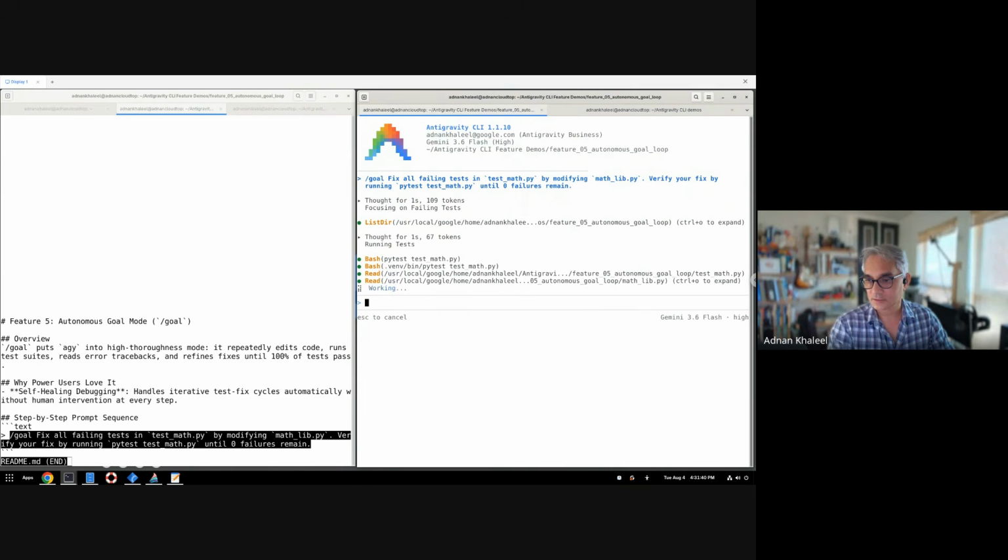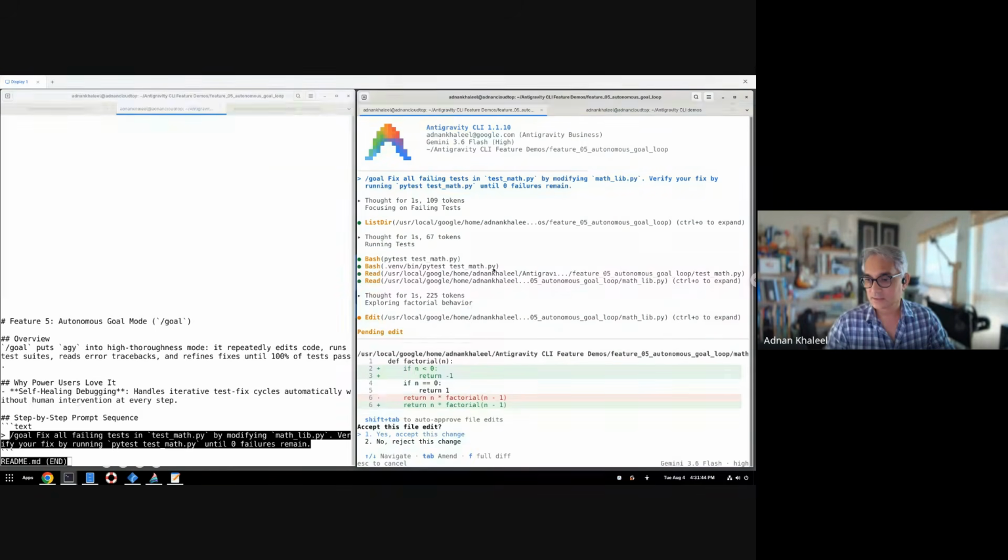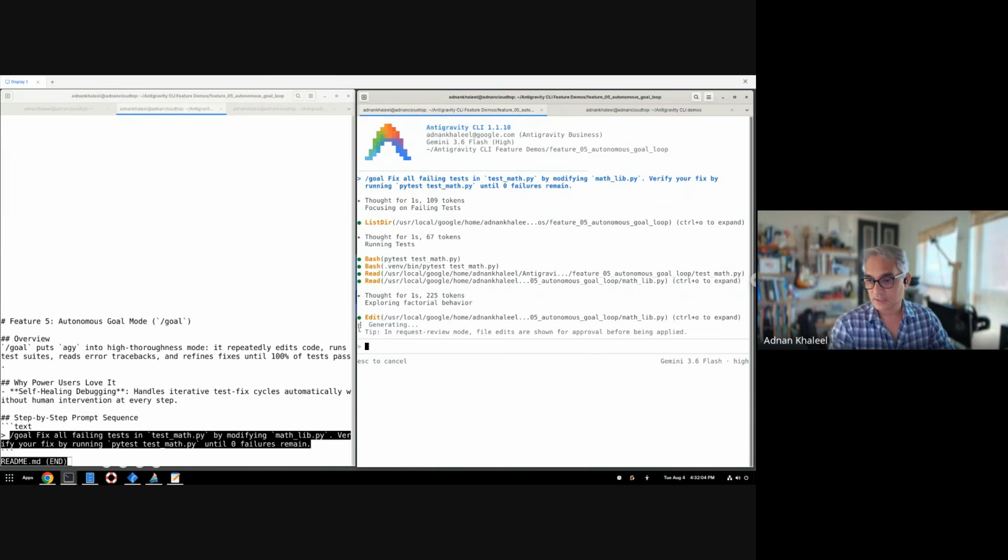And you can see it's going through, it's doing stuff, and it's realized that we didn't have a special case for negative numbers, and essentially it's saying, oh, okay, so this is what's missing. Do you want to accept this change? You can see right there in the bottom. I will go ahead with yes, and now it's going to be running it again, looking for other errors, and